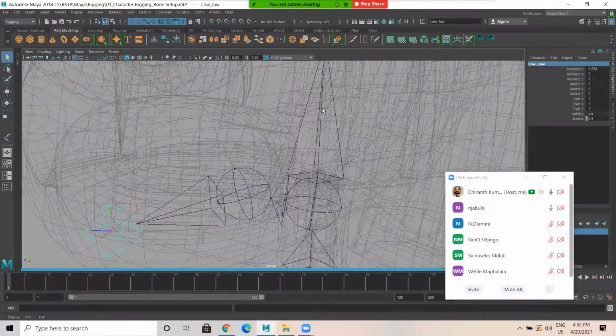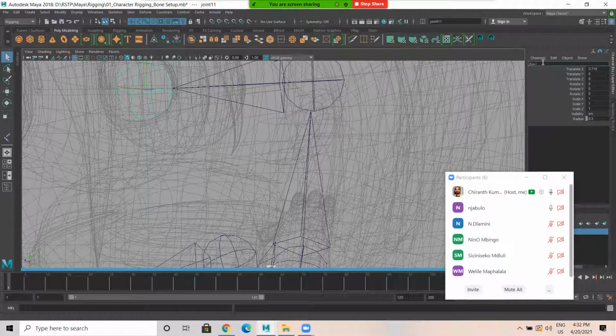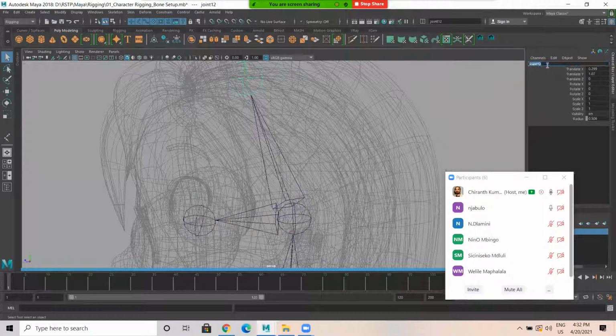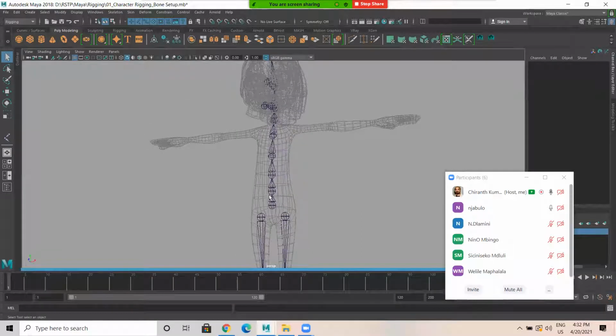Okay. Then I select this eye. Then this is I1. Okay. I1. Then this is forehead, FORE underscore HEAD. Okay. So the naming of these joints are also done. This is the upper part of the body. For the upper part of the body, this is the key, means this is the main joint, that's spine.